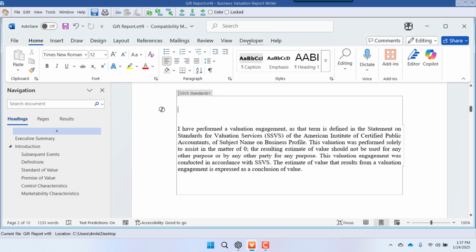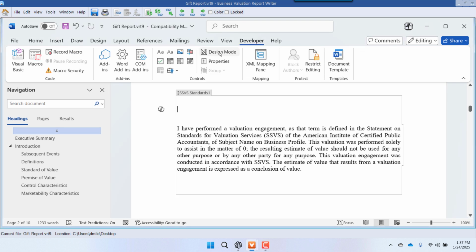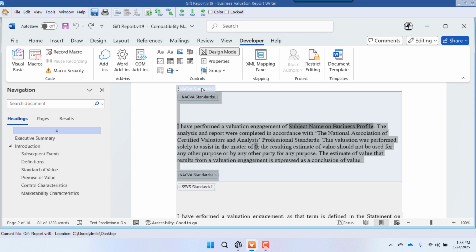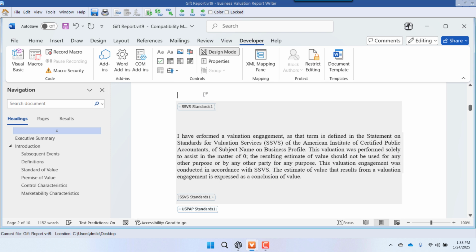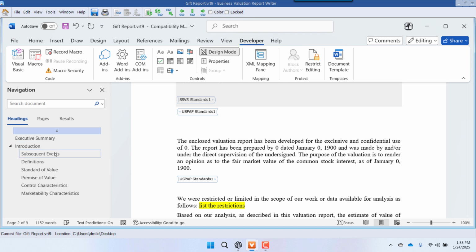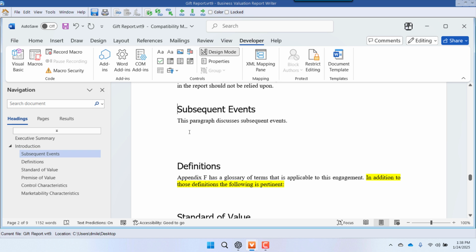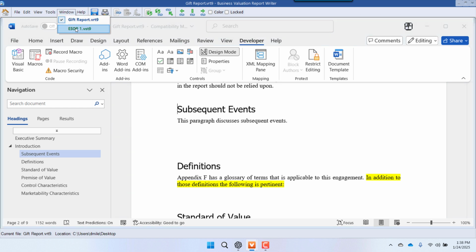Underneath all of this, you go to the developer tab inside of Word, you go to the design mode. I can click on here, I can hit delete, and it will delete out that entire content control piece. In order to install this, you can tell that I have this paragraph here called subsequent events, and there's nothing special about it at this point. So I'm going to use my window to get over to the